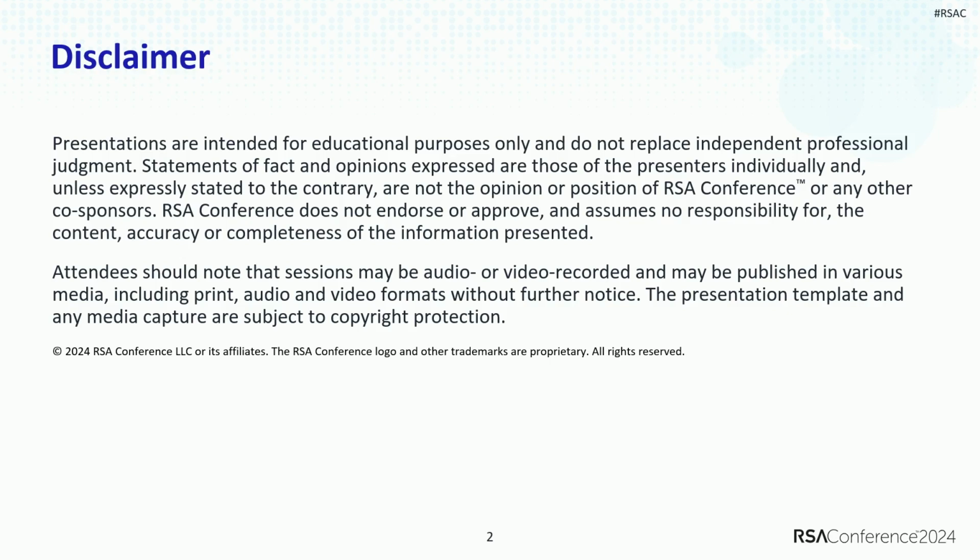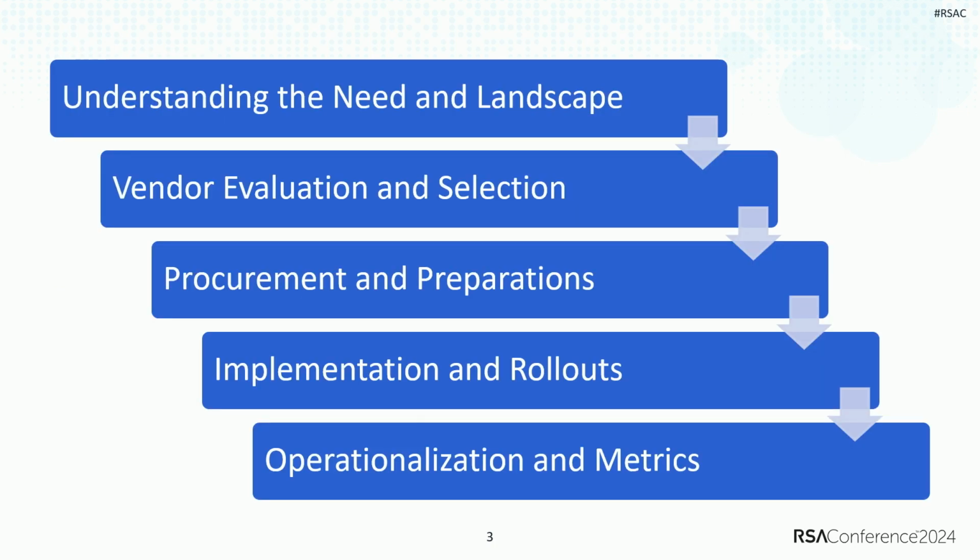throughout the conference, but I also wanted to add a little bit of my disclaimer. What we're going to be talking about is a very process-oriented thing. So, like AppSec tooling, selection, procurement, and implementation, there are some common patterns that you'll notice once you do these things. But for the most part, this is from what I have gathered through my experience and the experience of my peers. Therefore, we're going to go through 5 different steps here.